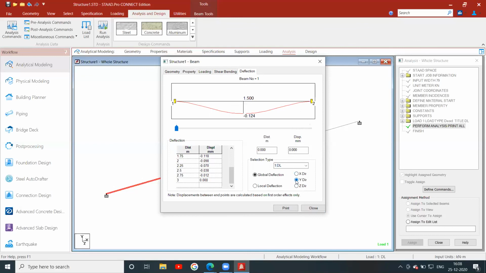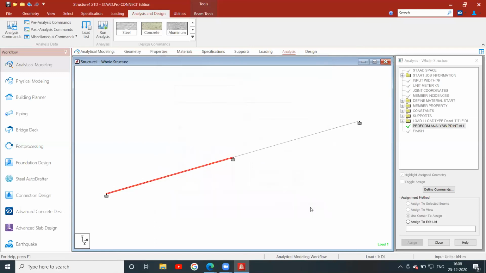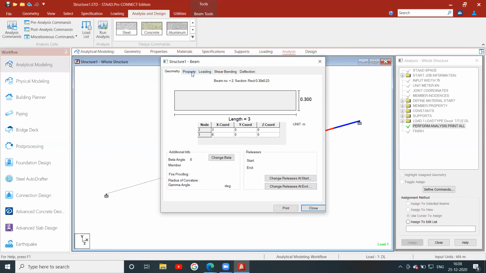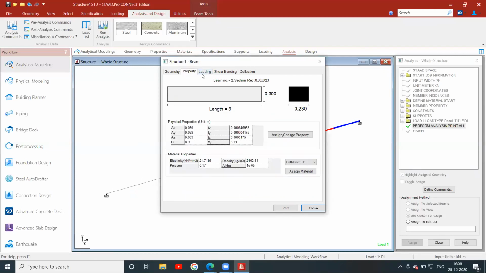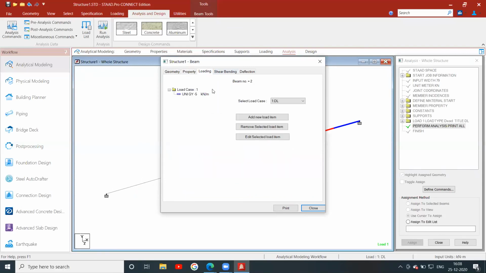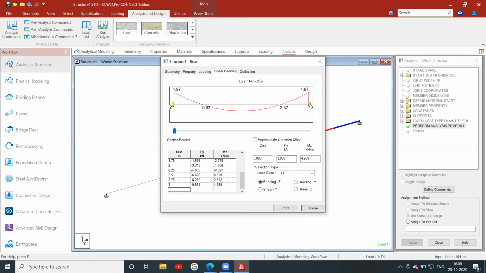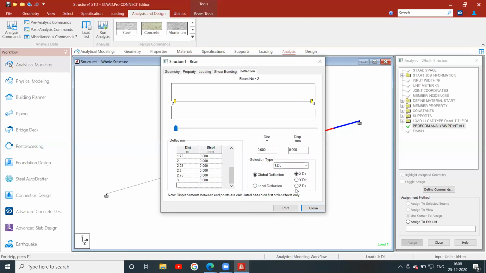For any beam, deflection will be downwards. Like that we can see for this also, same. Loading 5 kilonewton, shear force and bending moment, deflections in the y direction.